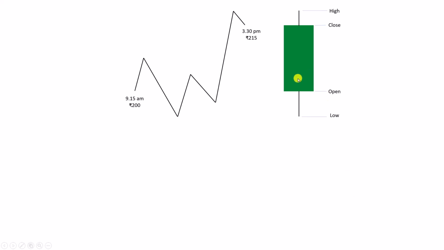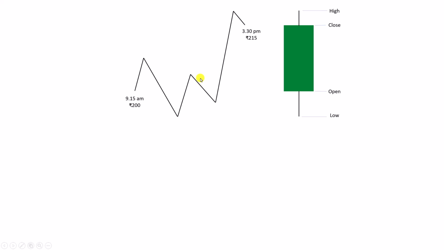Now, this here is the candlestick that I had taken in the previous video to explain how a candlestick is formed. Okay? At 9:15 a.m. the price opens here. So this is the opening level. The price moves in this way and by the time the market closes at 3:30 p.m. it will be at this price level, which is this. So this is the closing level, this is the lowest point and this is the highest point.